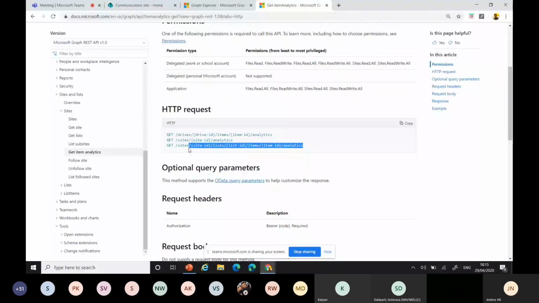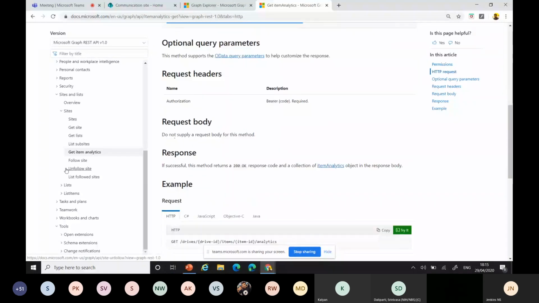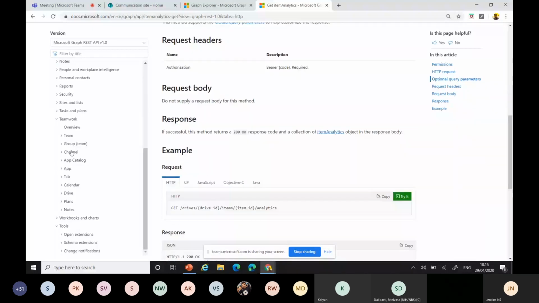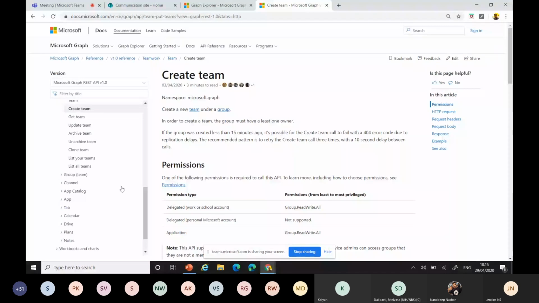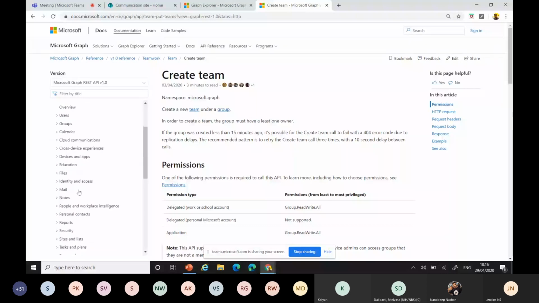When you want to understand any of these applications, for example, if I want to build a new application with Microsoft Teams, I want to know what APIs are already available to create a team or create a channel. You can get it like this for any application. And one more thing: the Microsoft Graph API you can access from Azure AD, right? We have the APIs for that.